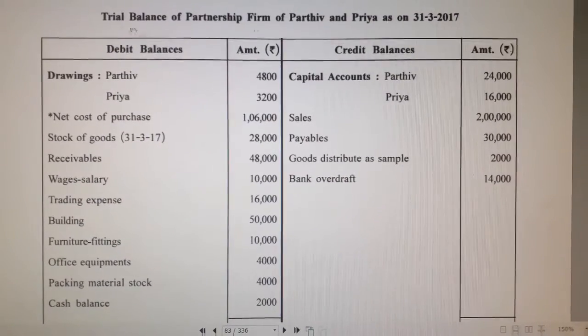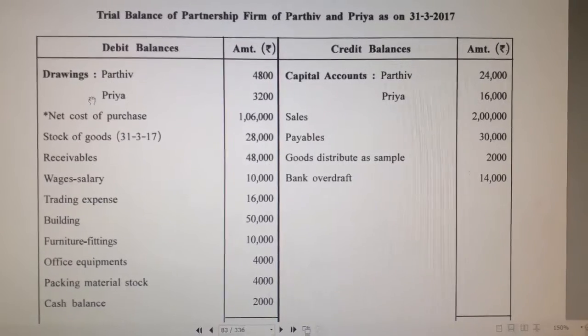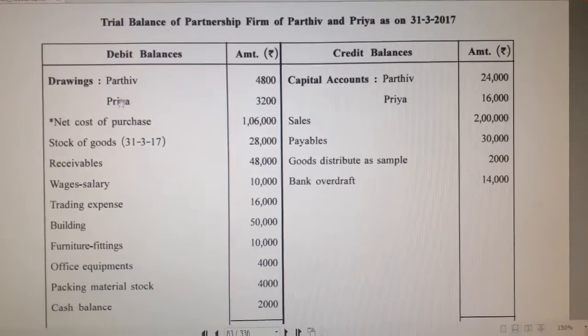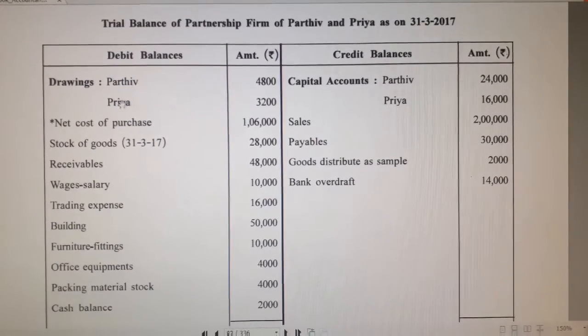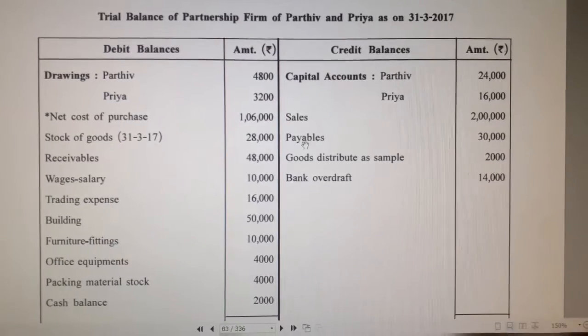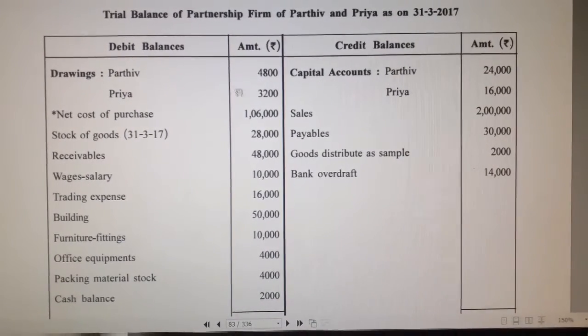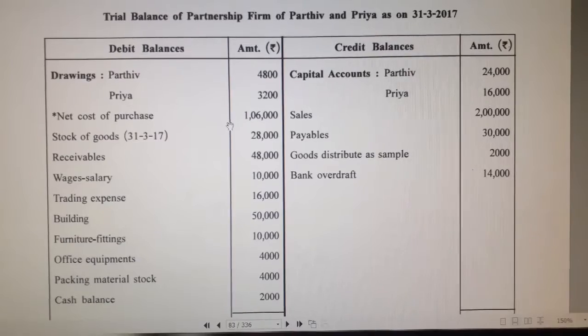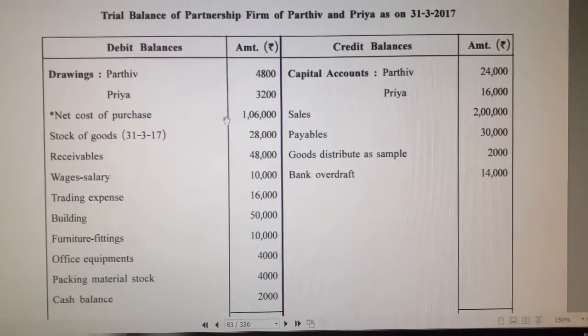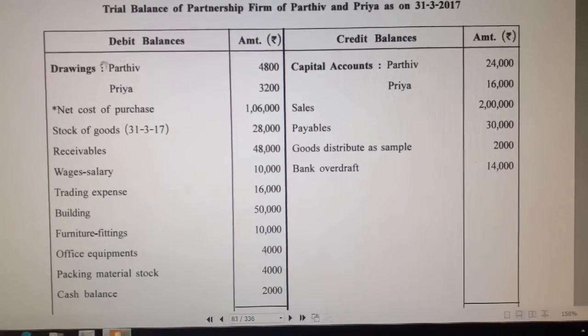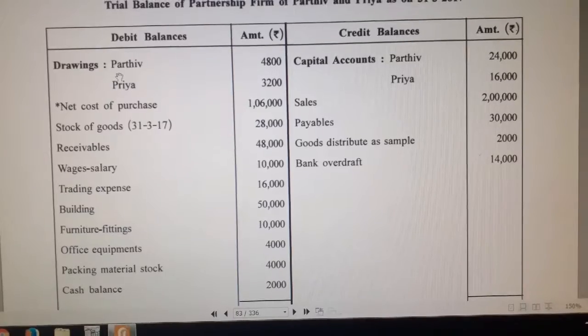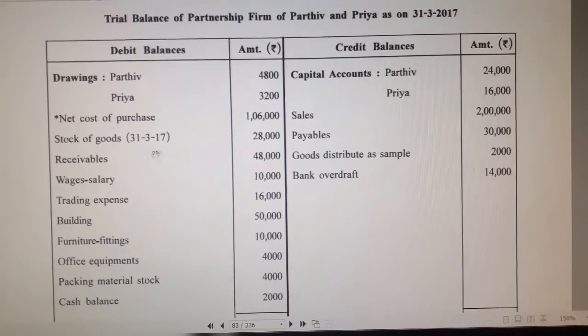On the debit side of the trial balance, drawings. Now, before we take the decision on where to record the drawings, immediately check whether the current accounts of the partners are provided or not. Here in the given sum, current account is not given. That means partners are maintaining the fluctuating capital account method. And thus, the drawings account is closed and transferred to the partners' capital account, debit side.